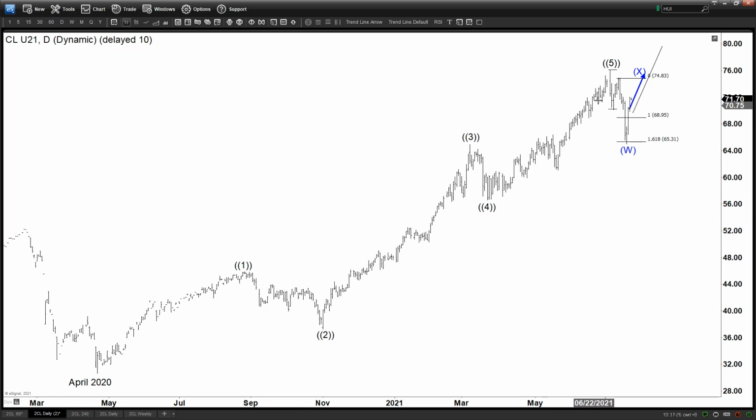Okay, so yes, this is possible as an alternate until we break above that previous peak. You don't know whether this is really going to extend the wave 5 or not. We don't know. Maybe wave 5 can end, but let's take a look at the minimum expectation. All right,